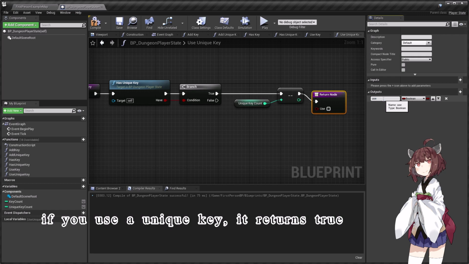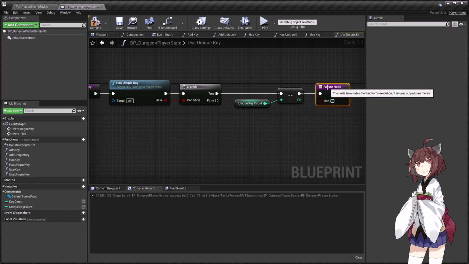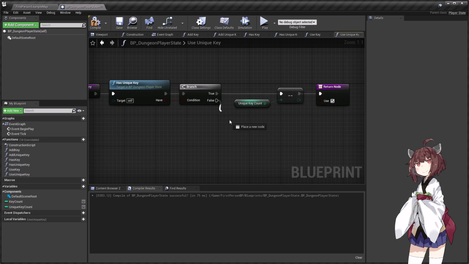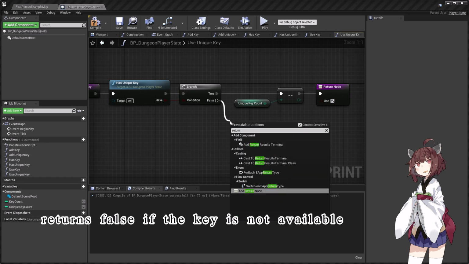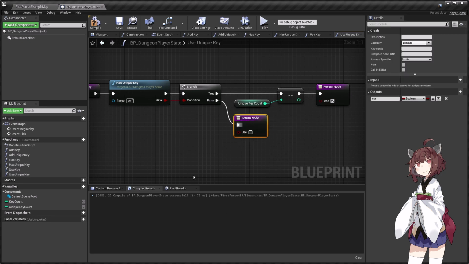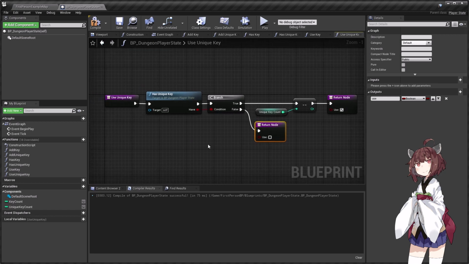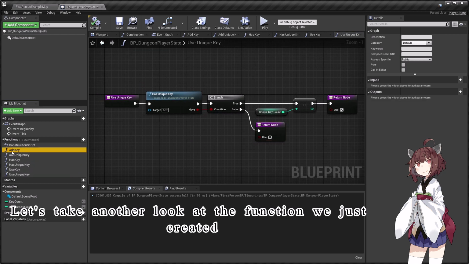If you use a unique key, it returns true. Returns false if the key is not available. Let's take another look at the functions we just created.